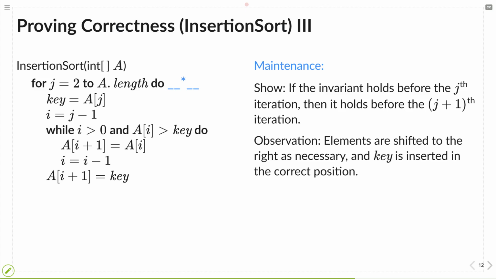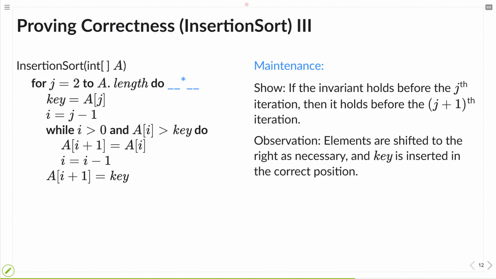Given that the array from 1 to j minus 1 was sorted, this means that the smaller numbers in front of the position where I inserted the element are still in sorted order because I didn't change that. The other elements, because I simply shifted them one back, are also still sorted. And the new element, by construction, is in the correct position in this sorted order.